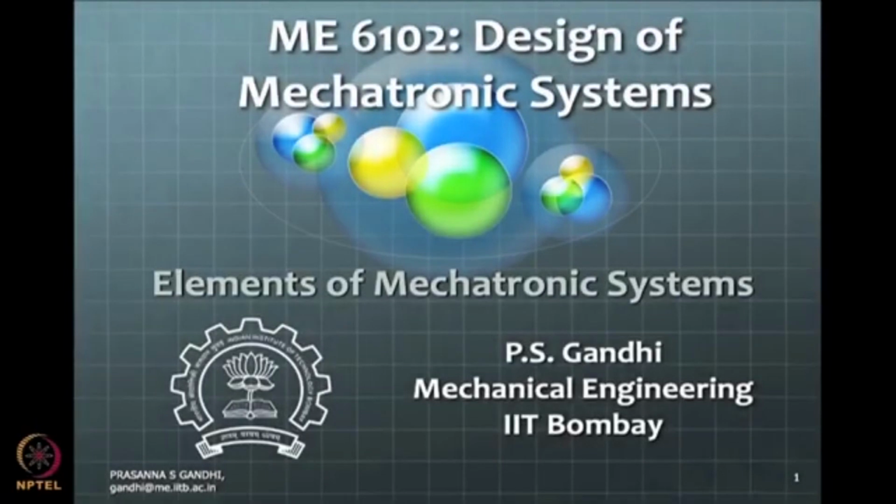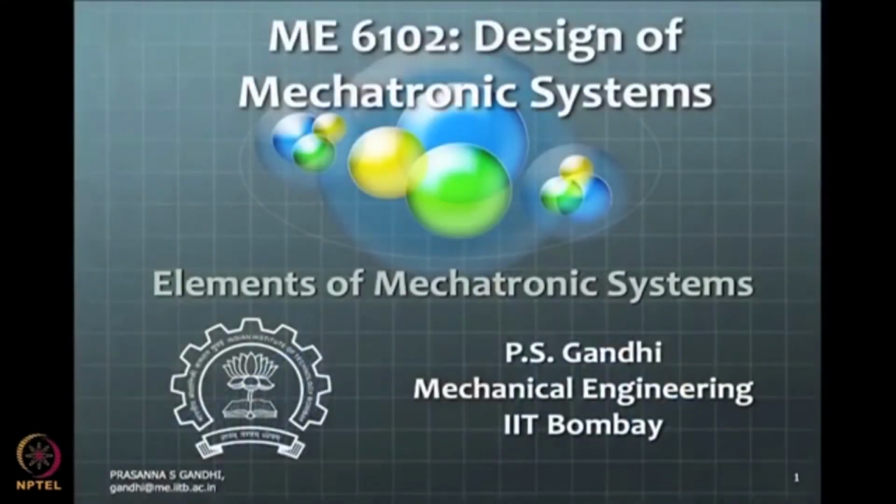So in today's class, we are going to look at elements of mechatronic systems. Why do we need to understand these elements? Basically, if you take any system like a CD-ROM drive or your scanner or any mechatronic system, it can be broken into different parts for our consolidated understanding. It can be broken into chiefly 4 parts. We'll look at these parts in this part of the